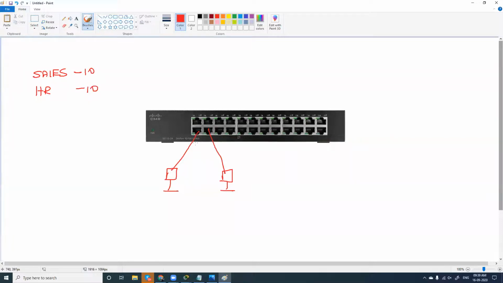So we'll do one thing. We'll try to configure VLAN. We'll take this first set of ports as sales VLAN, and we'll take the second set of ports here as HR VLAN. So these are the ports which belong to sales VLAN, and these are the ports which belong to HR VLAN. We have to configure this.